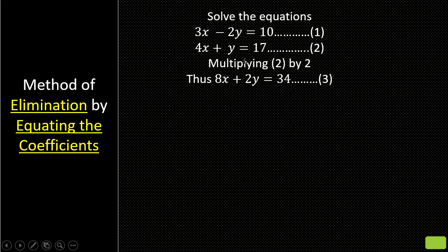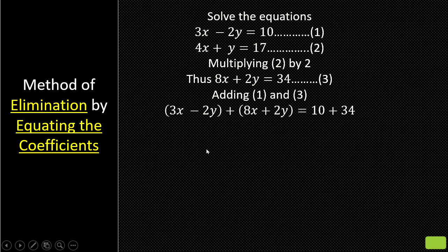Now our target is to eliminate y. Signs are already different. Definitely we will add the equations. And now if we are adding the equations, left hand should be added to left hand, and right hand should be added to right hand. In the right hand side, we are finding the sum is 44. If we are adding the left hand sides, we are finding 3x minus 2y as it is, 8x plus 2y as it is, because it is positive sign. Interior sign should not be changed. And now minus 2y and plus 2y should be cancelled.